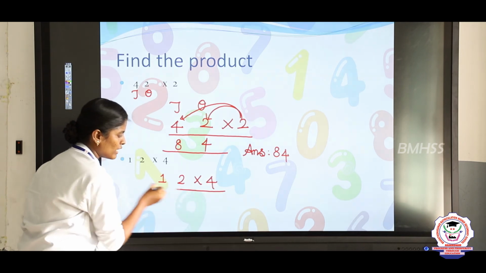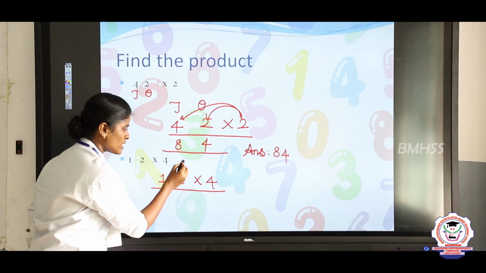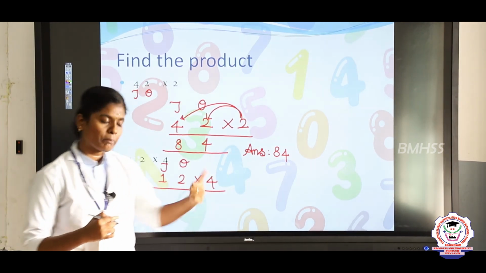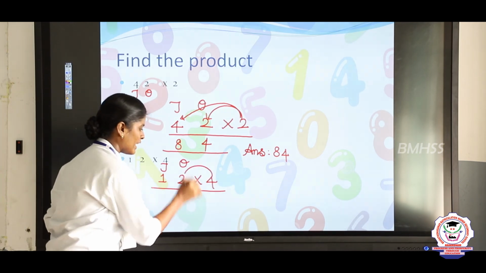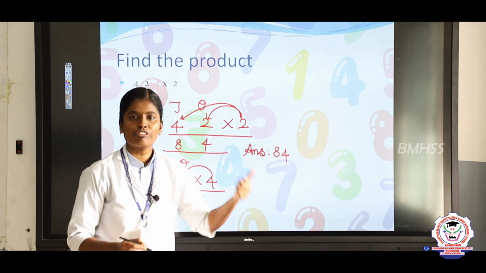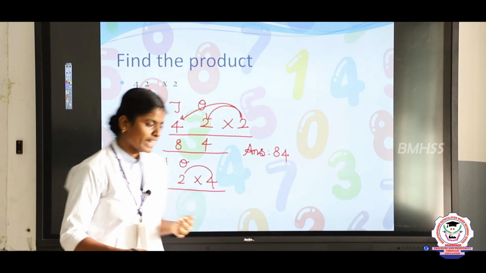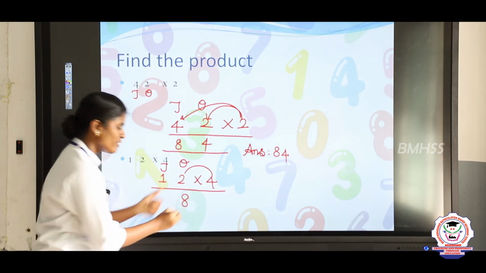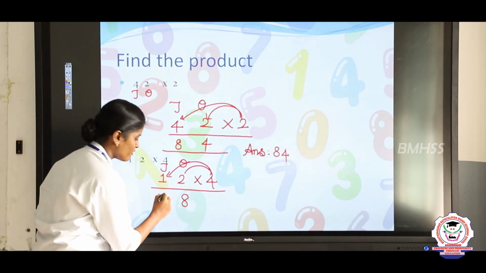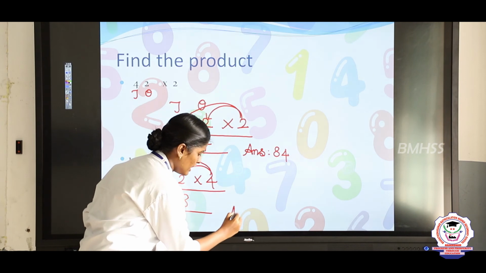Now you are going to write the place value. What is the first place value? The first place value is ones, that is 2, and the tens place value is 1. Now we will take 4 and multiply by the ones place value. So that is 4 times of 2. 4 2s are 8. The next one is 4 1s are, 4 times of 1. So the answer is 4. Take the answer and write finally 48.